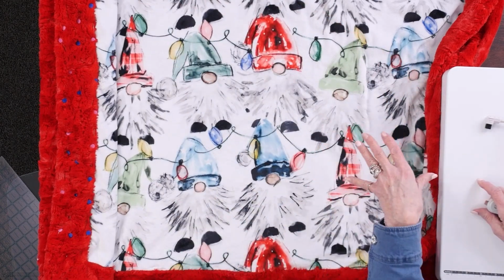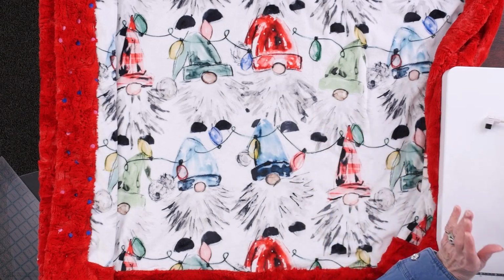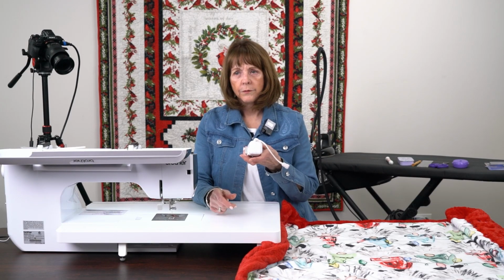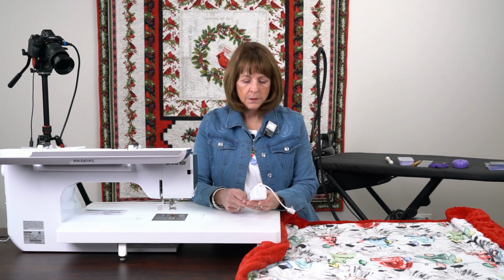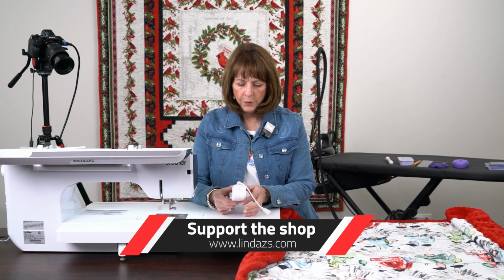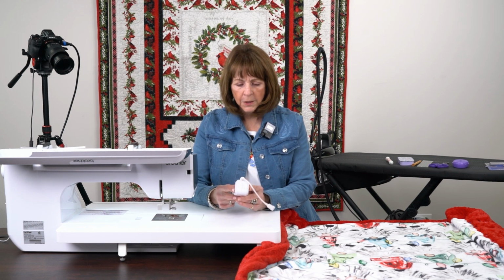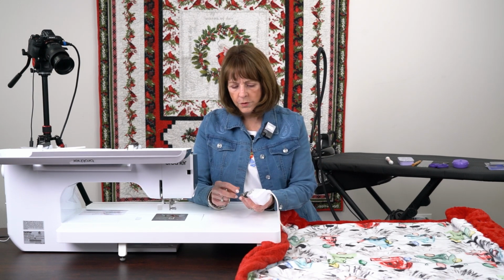At some point, I'm going to show you a couple little techniques on how to sew on cuddle or minky and give you some ideas. But the one thing I wanted to focus on today is the new MuVit Foot. It's a compact MuVit Foot that has come out from Brother in the last 6 months. I think it's just a wonderful foot, and it's really essential when you are working on this. The major difference between the other MuVit Foot and this is, of course, the size. It's much easier to work with. It's not as bulky. And, of course, it has the double